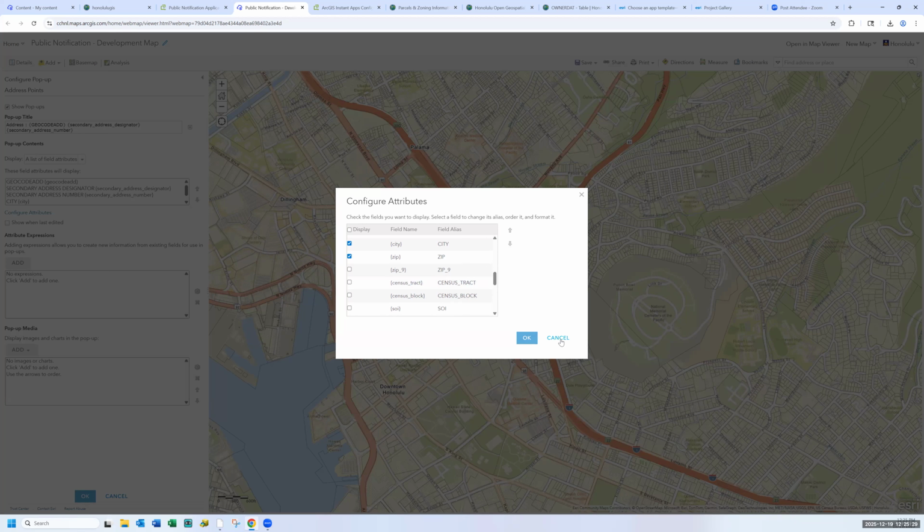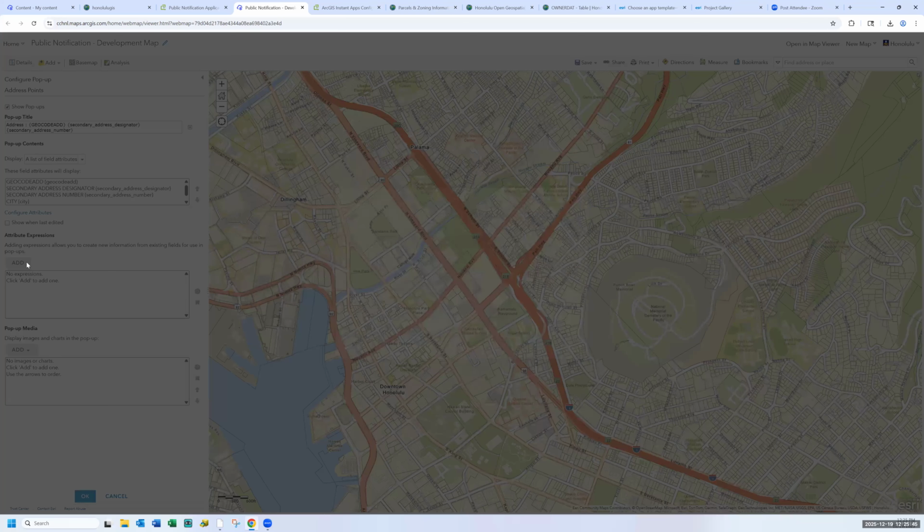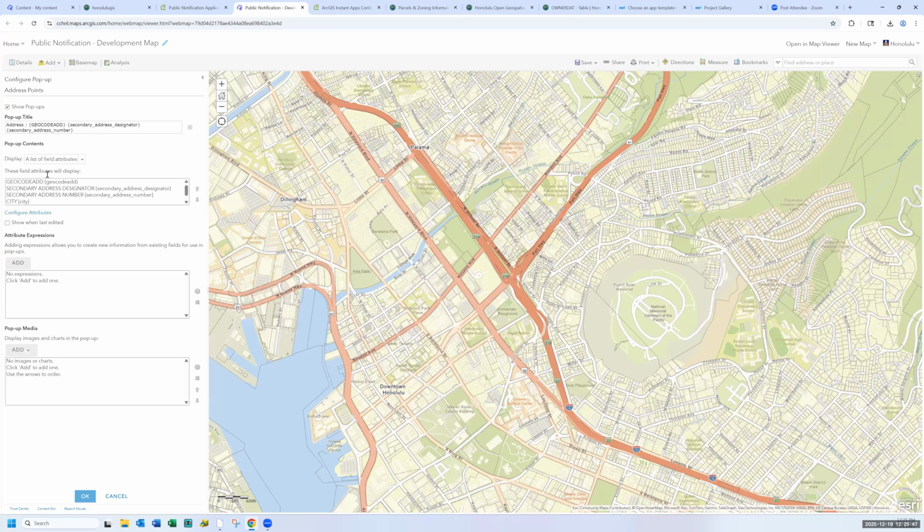Like I said, if anyone needs additional information generated in those lists, let us know what it is, and we'll see if we have that as an attribute field in the layer, in which case we can turn it on and it would get populated. So within the web map, we went through and configured the pop-ups for every layer that's used in the application.